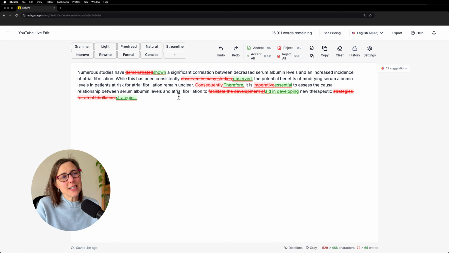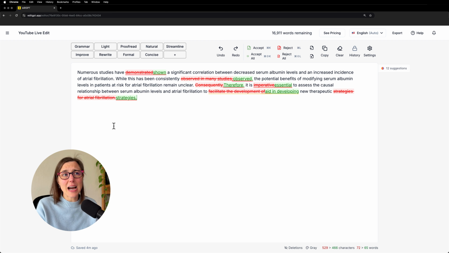Granted, earlier in the sentence, we have atrial fibrillation, so could it be something that's redundant? I suppose it's a possibility, but to make sure that it's not ambiguous at all, I would actually keep in the for atrial fibrillation. Okay, so those are actually some good suggestions, some that I may take and some that I may not take.